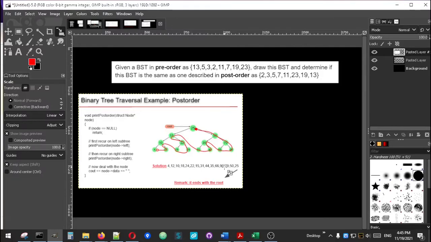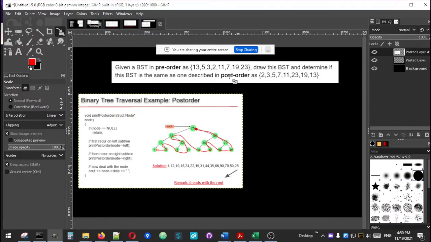Just to check if it is the same tree. In post order, the first thing to check is whether the last node in the sequence is the root. So it is 13. The first in pre-order is the end of the post order, so it's 13. So let's start